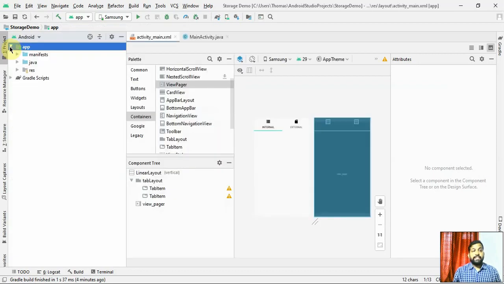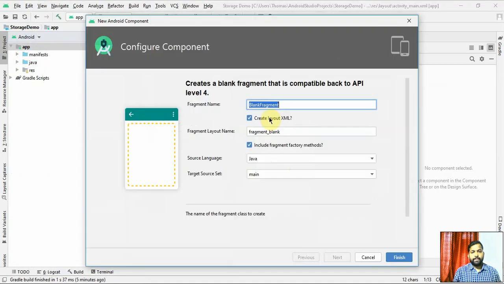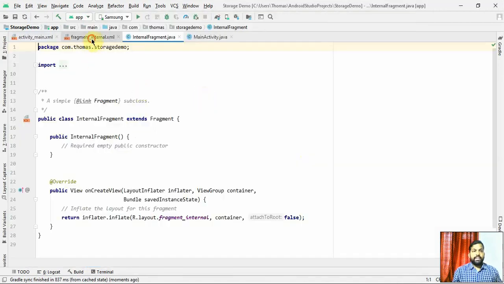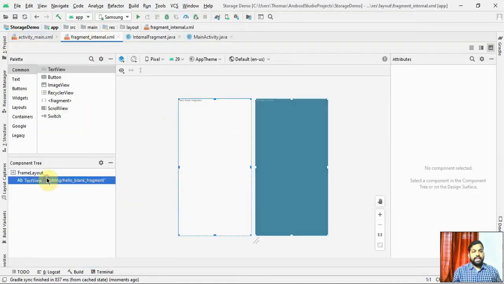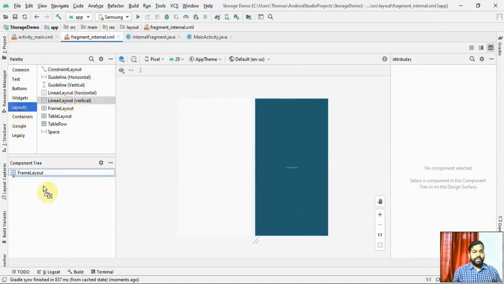For that, let's create a new fragment. I'm going to right click on the app and say new fragment, blank fragment. Let me name it as internal fragment. I'll remove these factory methods and then click on finish. Once your fragment is ready, let's go to the design part of it. I'll delete that text view which is already there, and I'm going to put a linear layout vertical inside that